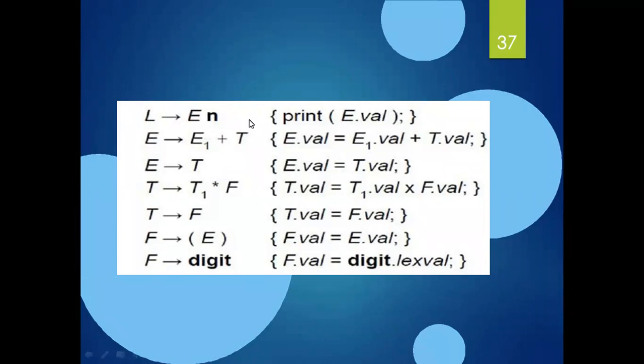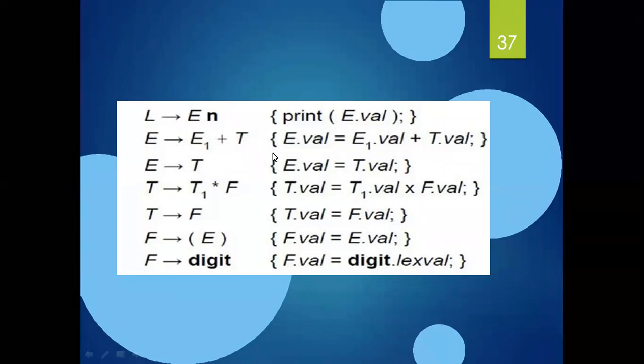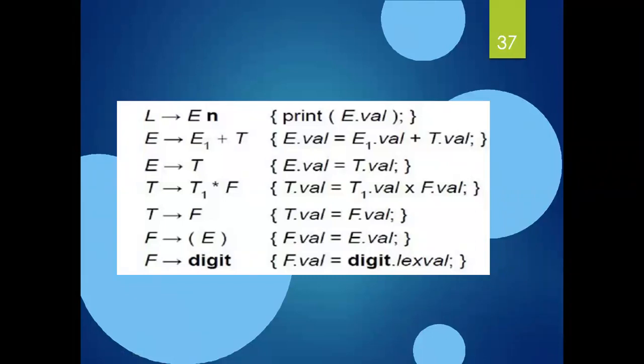the rules for the corresponding production rules. These are the semantic actions for the corresponding rules. L tends to En, E tends to E1 plus T, E tends to T, T tends to T1 star F, T tends to F, F tends to open parenthesis E closed parenthesis, and finally F tends to id. And it is just a representation of a synthesized attribute. Make a note here. We define a syntax directed definition for only the synthesized attributes just by giving the attributes for each and every node.